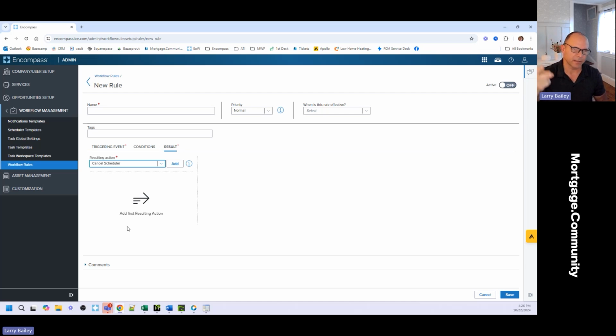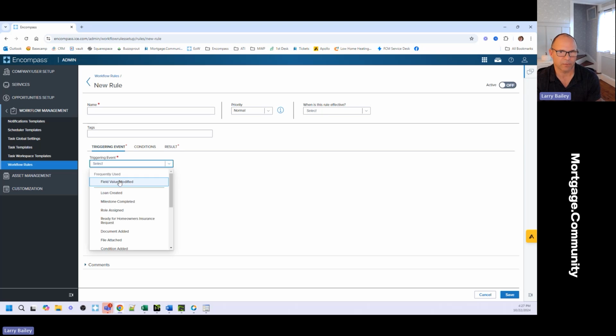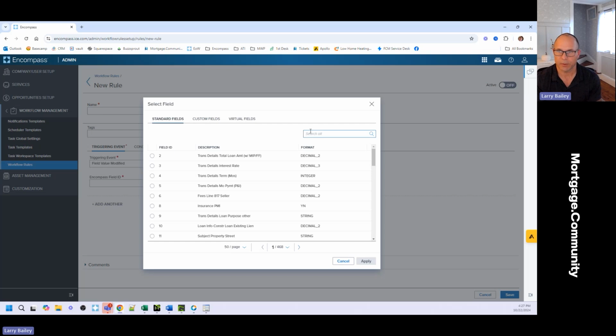Maybe you're sending one out on the second day, one on the, 2 days left, 1 day left, 0 days left. Well, we don't want that scheduler for 1 day, 0 days left if the deal was canceled. So what you can do is you can go in and write your triggering event that says if a field value is modified, and you want to use 1393, right?